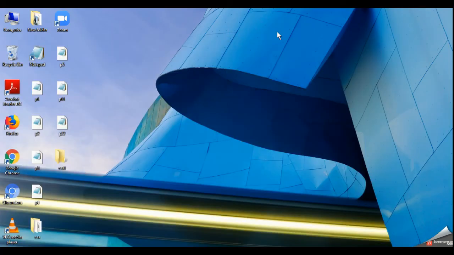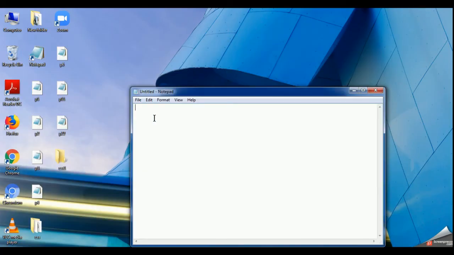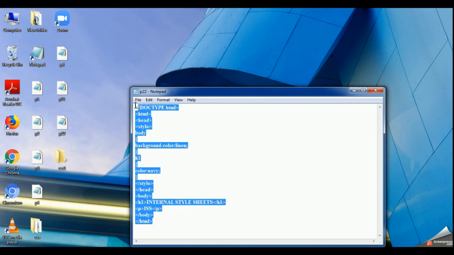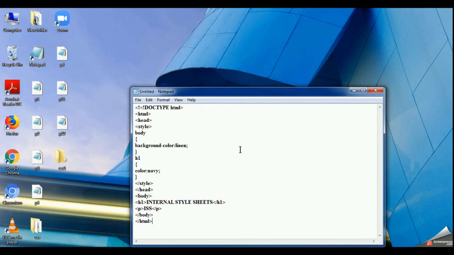Now since I am teaching you the external style sheet, open your notepad again and write your HTML document. I will just copy it from somewhere. Just wait a second. In the HTML, I don't need this.